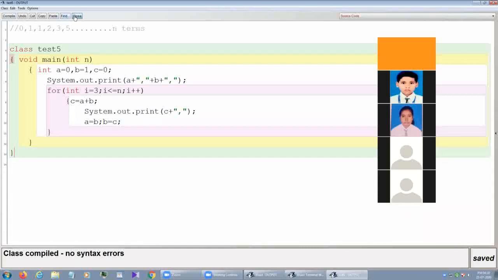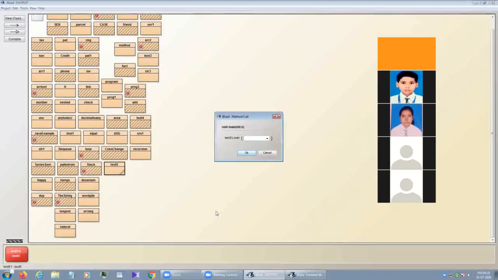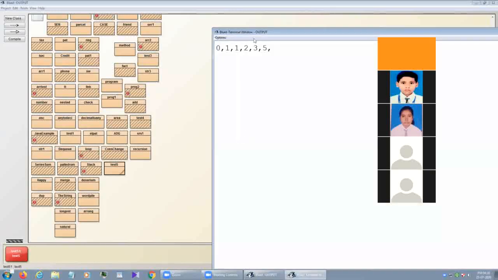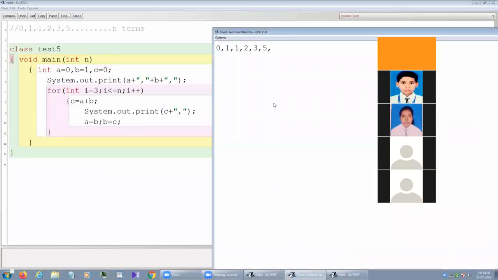First we'll run and check whether it will work or not. Actually, this series is called Fibonacci series. The value of n given by the user is 6. See how many terms it's printed. We'll have 6 terms, yes or no? Sir, yes. So, Namans, if I give 6, this is the series.